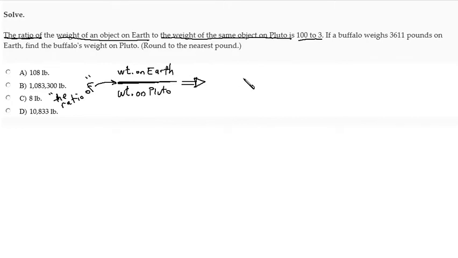A proportion is a ratio set equal to another ratio. It's going to be weight on Earth to weight on Pluto